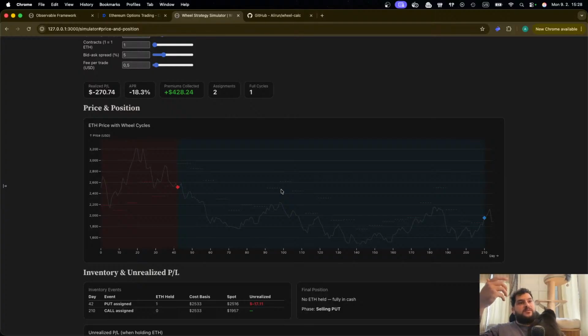And yes, we are risking getting assigned, but if the next strike price is already above our purchase price, we don't care. We will just earn money on top of that. Of course, it's a game of optimization of when to do this more efficiently, but we will do this later. This is just an idea of how to behave differently in different situations.